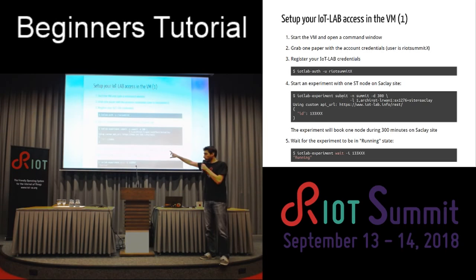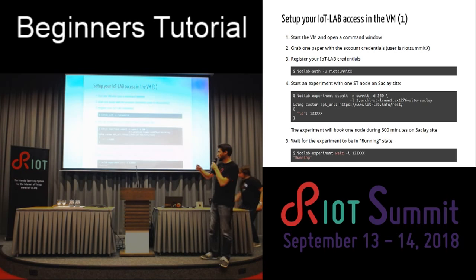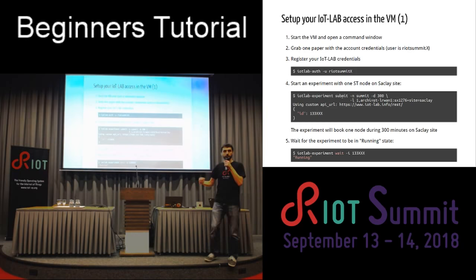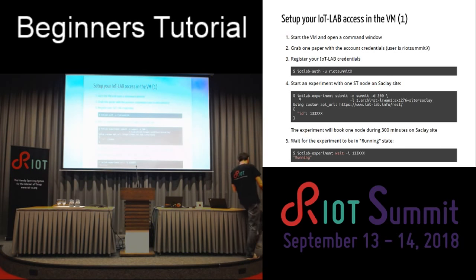And the fourth step, you will start an experiment in IoT-Lab. So you will book one node, and it will select one of the available nodes. So you don't choose the exact node that you want. The system will select one for you. You wait for the experiment to be in the running state. When you are in the running state, you have somewhere in IoT-Lab a node that is powered on that you can access. And to know,